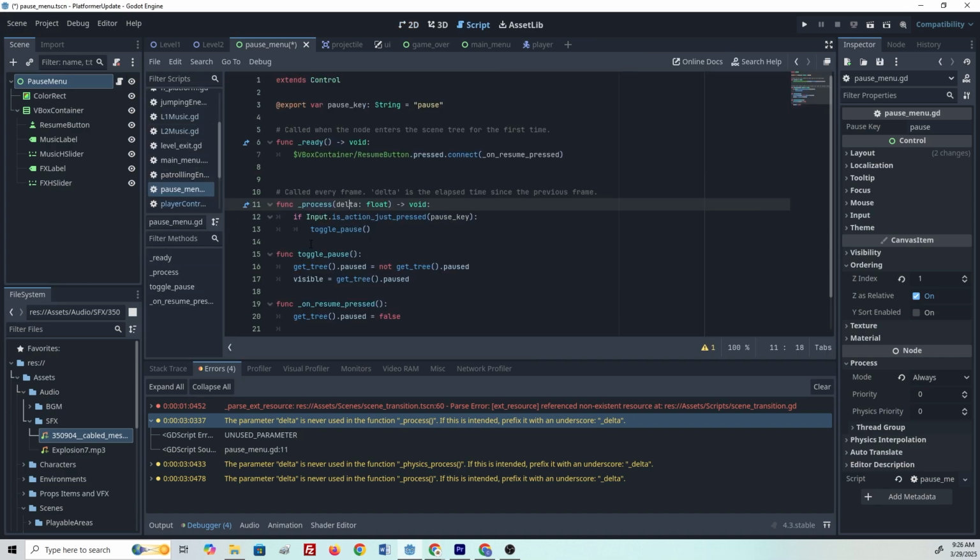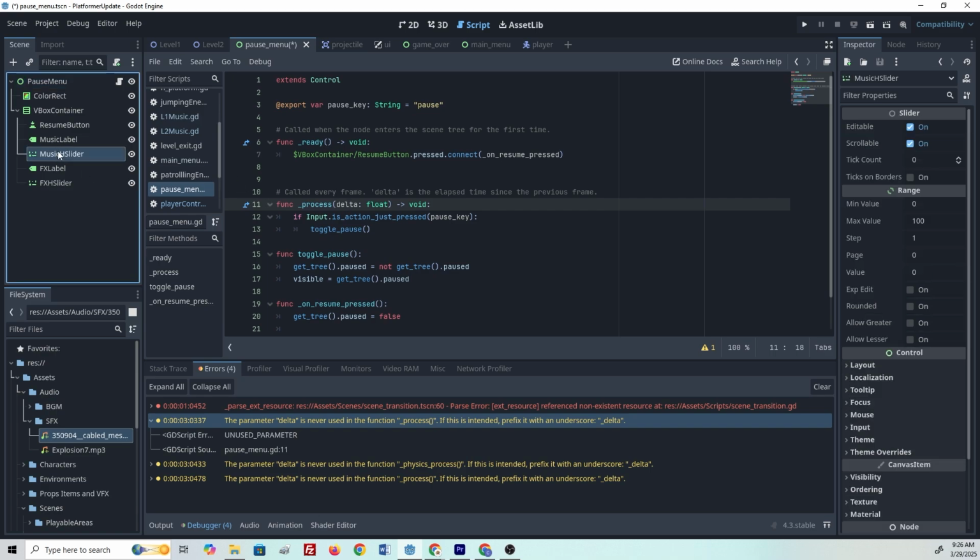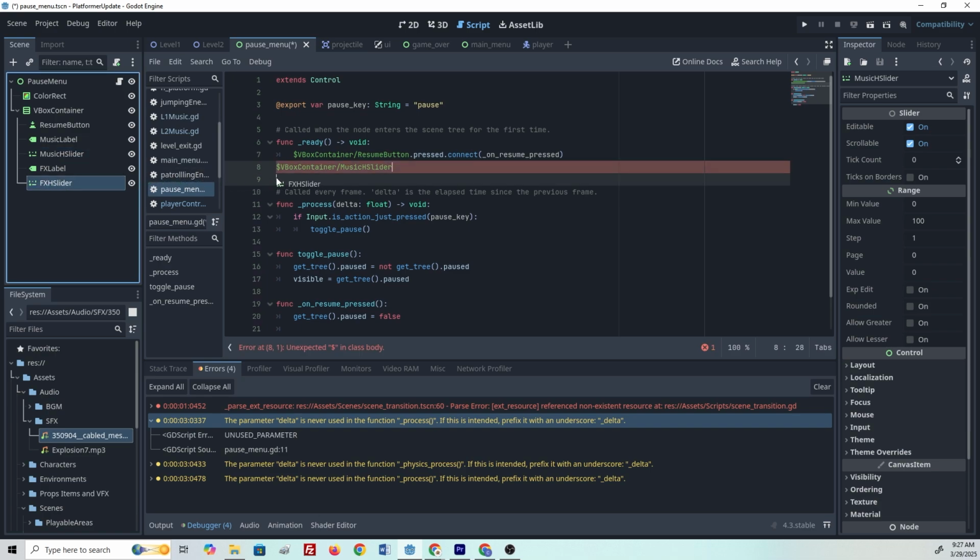So what are we gonna do? We're gonna go with, in our ready function, we're gonna go ahead and drag out the music slider here, drag out the sound effects slider here, tab those over, and in our music slider we're going to say that it's equal to